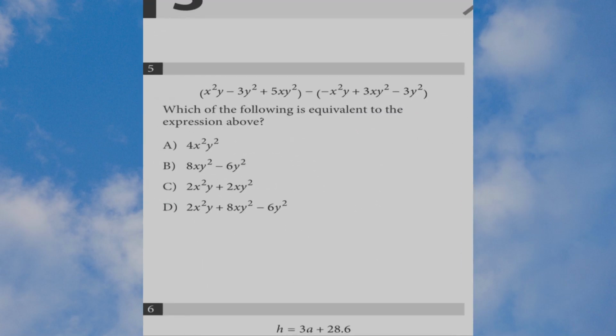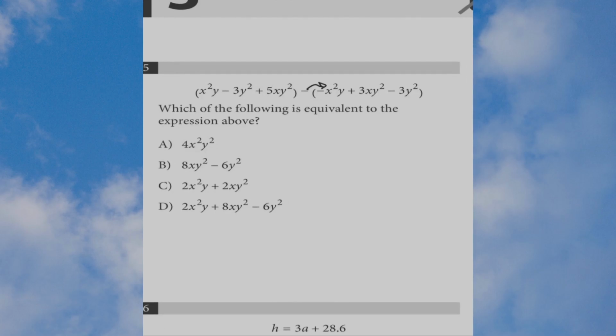Here we have question 5, which is combining some polynomials. So we have x squared y minus 3y squared plus 5xy squared, minus x squared y, 3xy squared minus 3y squared. Here we can distribute the negative. So we have really x squared y minus 3y squared plus 5xy squared from the first parentheses. And then we're going to add,